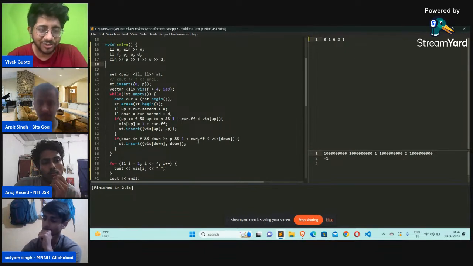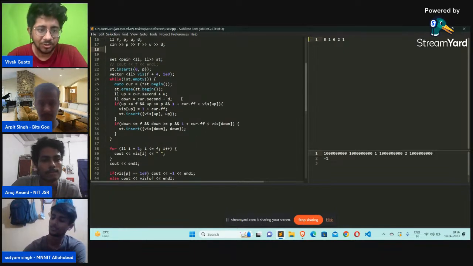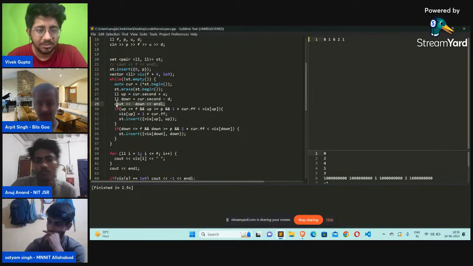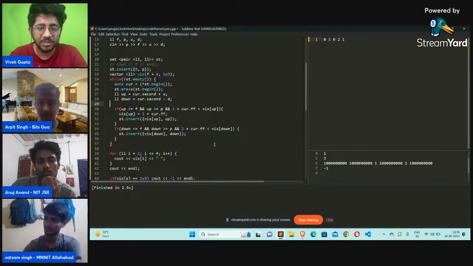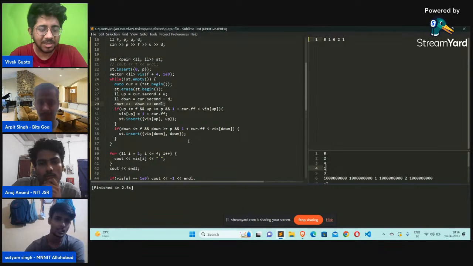Okay, he's writing Dijkstra's code. Basically, with set, he's maintaining a sort of priority queue. The key is that you can reach this cell with this cost, and you are going up and down from every cell, and you're maintaining a visited for every cell. So he's inserting at zero distance; what he has written is insert 0, p. Then he's trying to debug which cells are coming up as up and down.